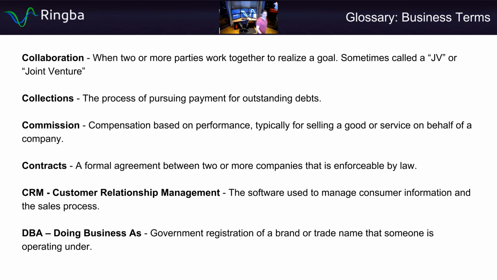Contracts are a formal agreement between two or more companies that's enforceable by law, at least in the United States. If you enter a contract with somebody, they have a way to enforce that contract if you don't meet the obligations. That's what the legal system's for. And I will say this: it is always extremely important to have a contract or an IO, which is an insertion order, a very simple contract, between you and everyone you're working with, whether it's a pay-per-call network, a direct buyer, your business partner, a service provider, a contractor, or an employee.